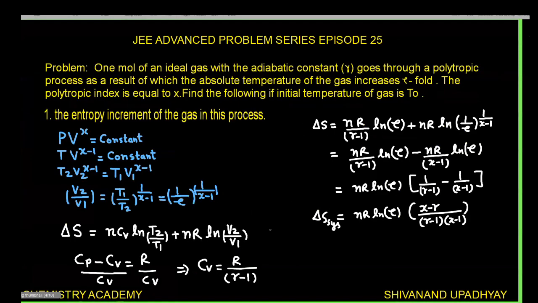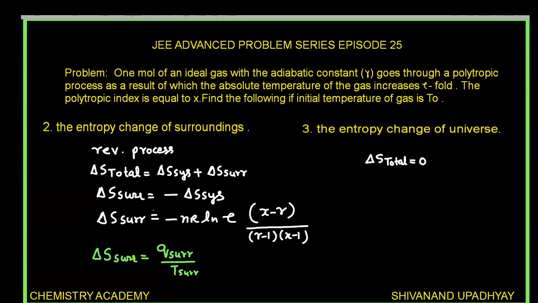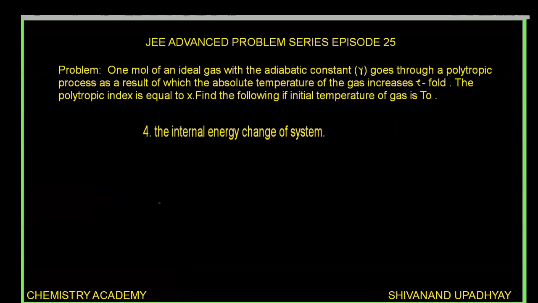Because we know that PV to the power x will be valid for a reversible process. For a reversible process, there is no change in entropy of the universe. So the entropy of the system is minus times the entropy of the surrounding. Fourth point is the internal energy change of the system. And we know that the system is an ideal gas, and we have proved that for an ideal gas participating in any process, the change in internal energy can be written as nCv delta T. So we can put n as 1 here, and the value of Cv we can write as R upon